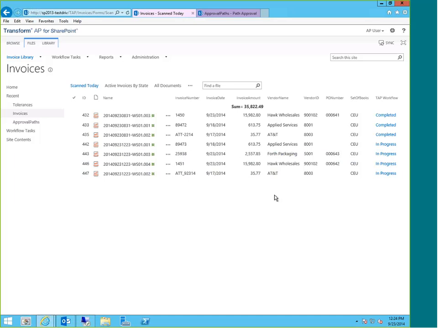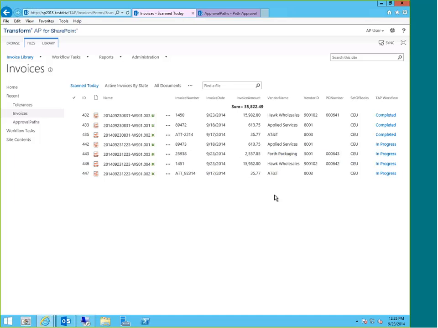I don't have to know a folder taxonomy to navigate through. I can very easily find these documents here in SharePoint. We'll take a look at some searching and retrieval at a later time. So not only do we have these documents and the metadata stored inside of SharePoint, as I mentioned before,